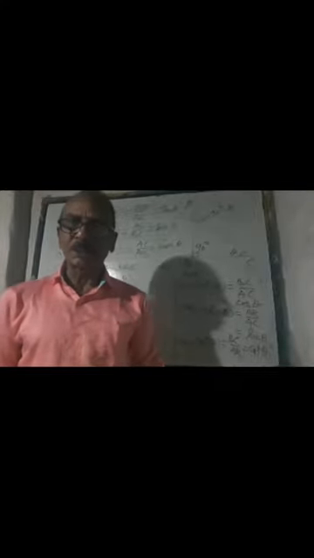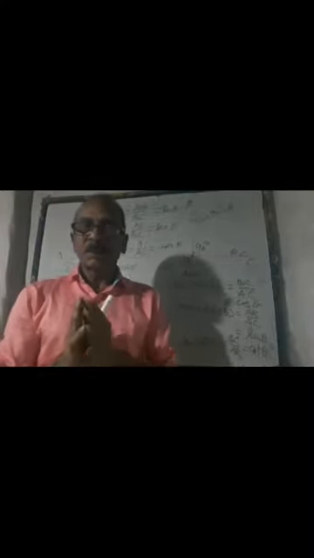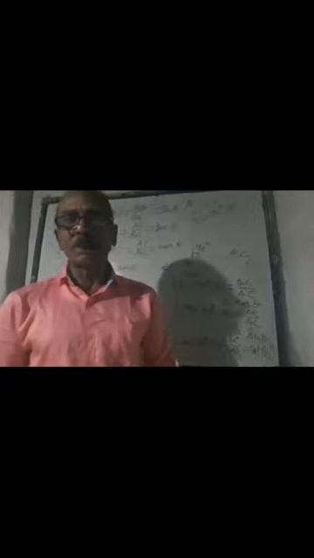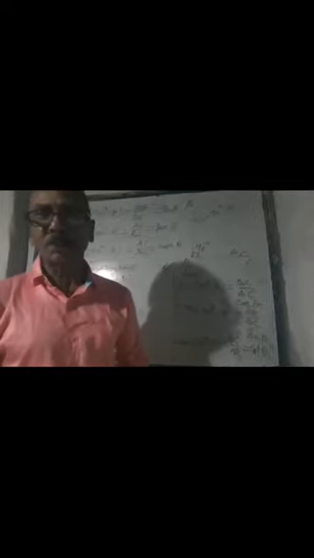Cosec and sec are interchanged. So this is all about the T ratios of complementary angles. If I ask you, sine 30 degree is equal to cos of what? Naturally cos of 60 degree, because the complementary angle of 30 degree is 60 degree. So 90 degree minus 60 degree is equal to 30 degree, and sine of 90 degree minus 60 degree will give you cos of 60 degree, and that will be equal to half.